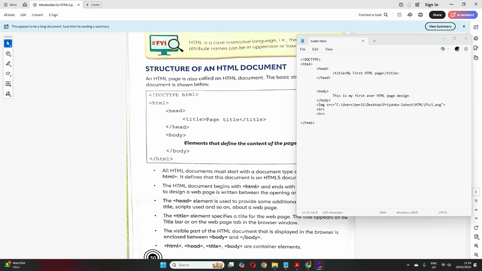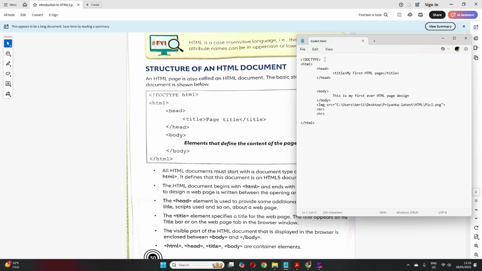Now we understand the structure of an HTML document. You have seen I have been writing this code, but now let's understand this structure. The very first line of any HTML document will be the doctype declaration. This is called the document type declaration, which means this line specifies that this is an HTML document. Remember, we need to include this first line in any HTML code that you write. Within angular brackets, we give an exclamation mark and then doctype.